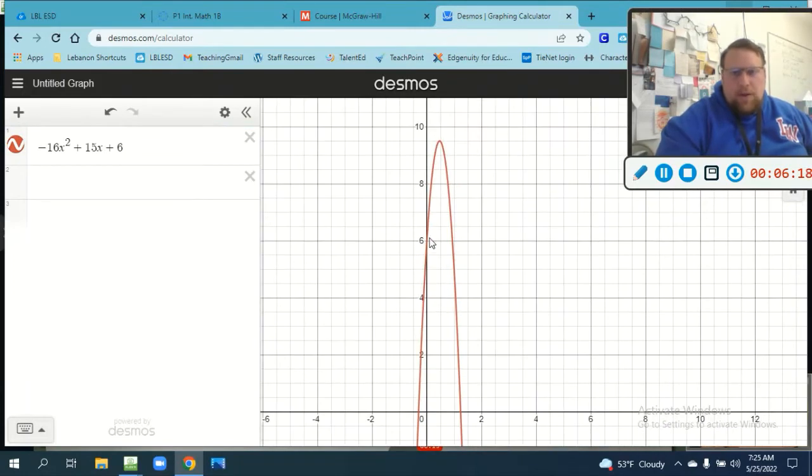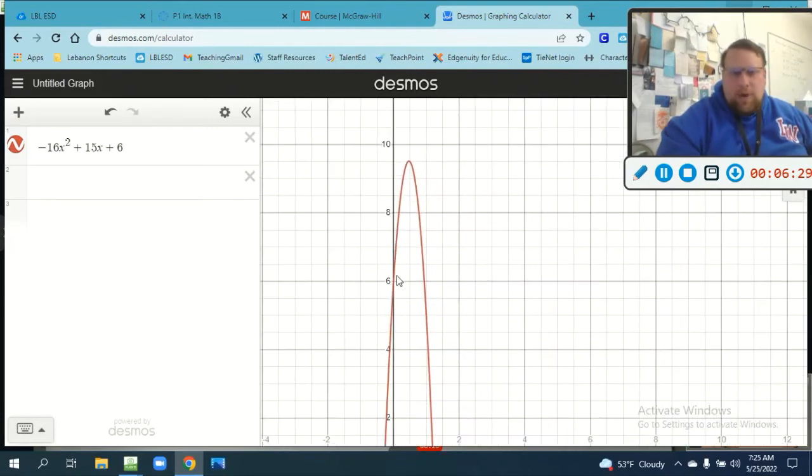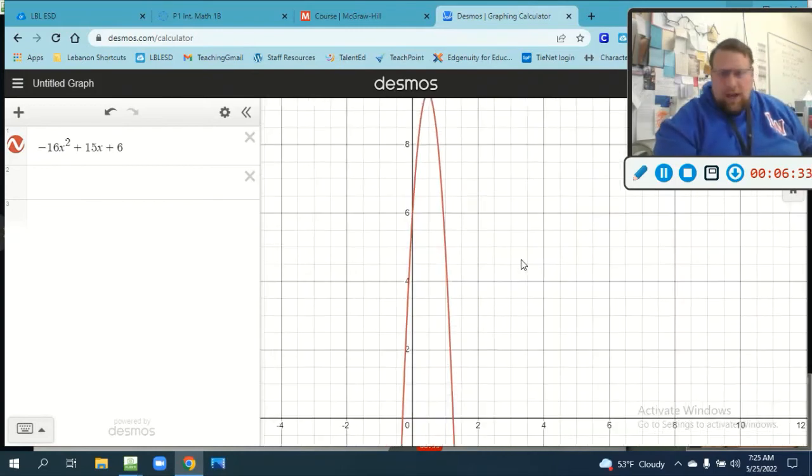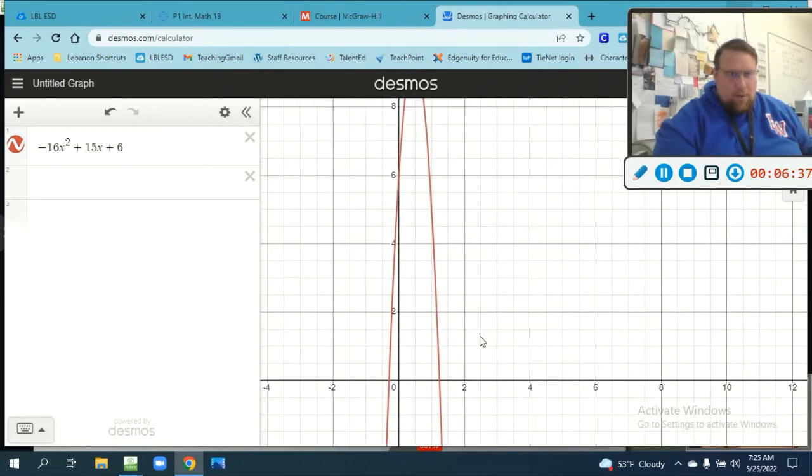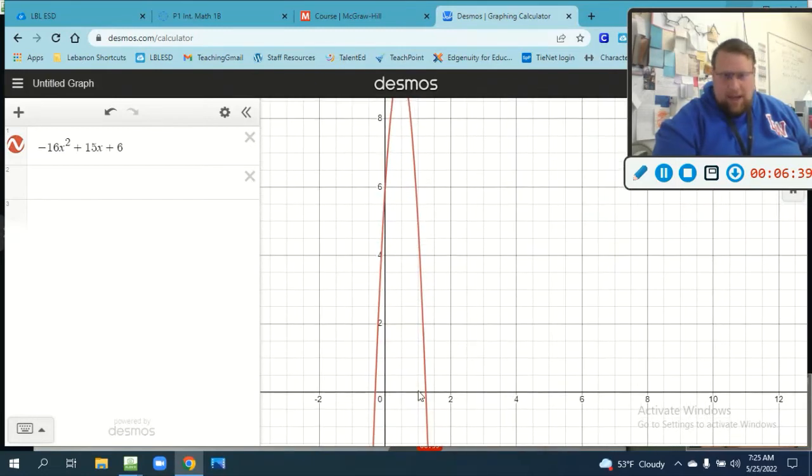So we notice, by the way, this graph goes into negative x territory, but we can't have negative time, right? Because that's really our x, which is our t here. But what we have here is we see the graph. It's only flying in the air for about 1 to 2 seconds. Okay? So it starts at 0 right here, and it flies